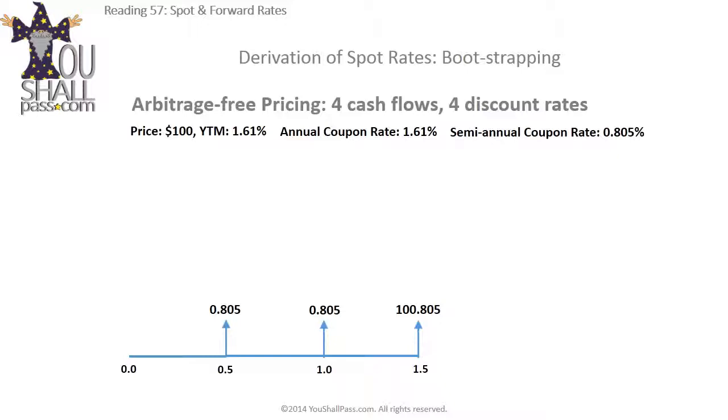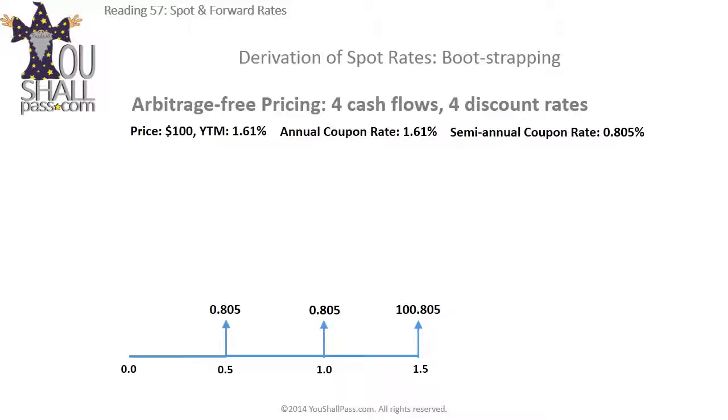Recall from the material on bond valuation that bonds where the coupon rate is equal to the YTM are priced at par. Since the price here is par, it's safe to assume that the coupon rate is equal to the YTM, that is 1.61%. Also,